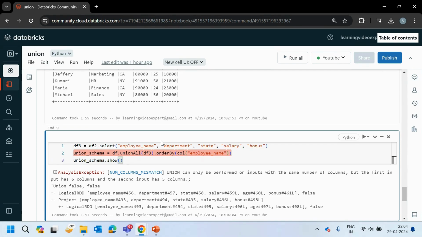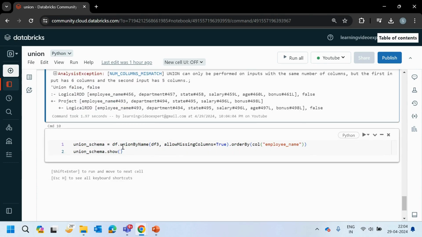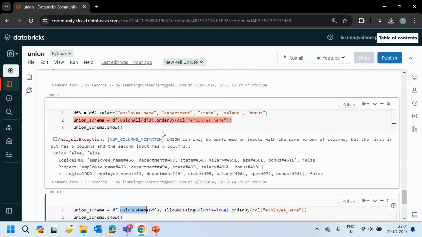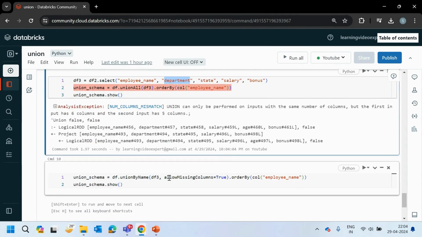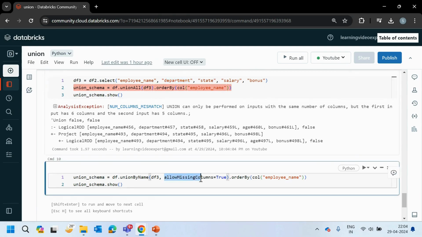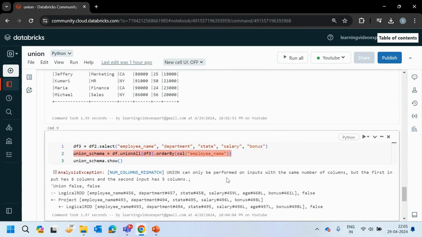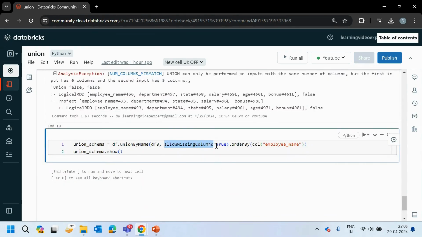For it, we have unionByName. So what is union by name? It will go ahead and check the name of the column, and on the basis of that, it will do a union operation. There is one more argument that you can pass in union by name, that is allowMissingColumns. By default, allowMissingColumns is false.